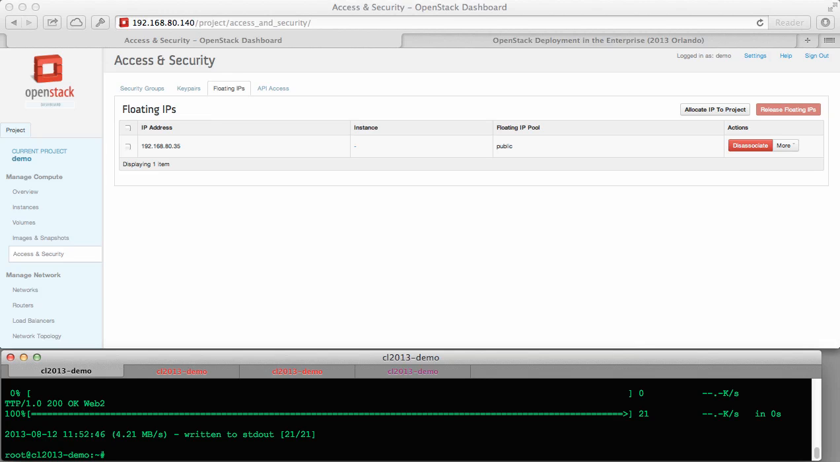Okay, and so hopefully this gives you a little bit of a snapshot of some of the things that you can do graphically via your tenant admins and so forth